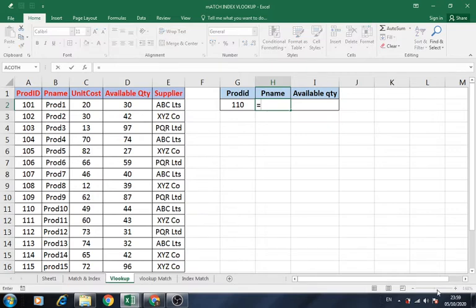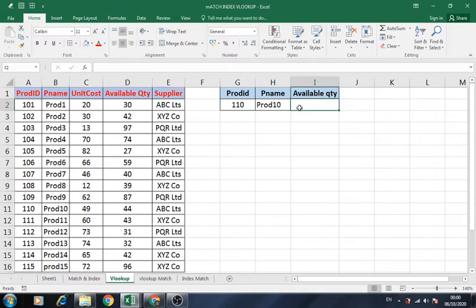Then I'll be applying VLOOKUP, vertically lookup this value in this table, and I want the product name which is in the second column of our reference table. Second column, this is in the second column. I'll write 2. Close it. It is product 10. So the answer output here is correct.